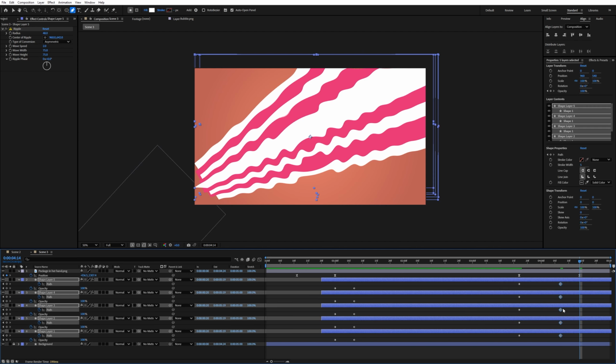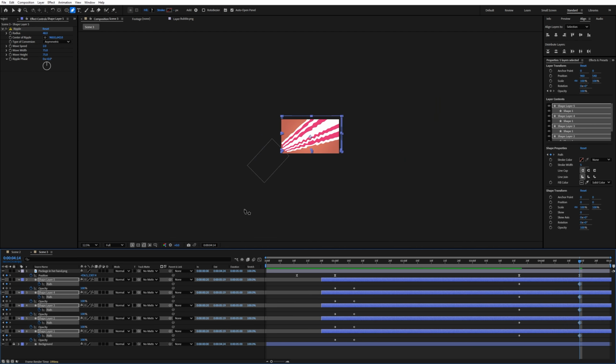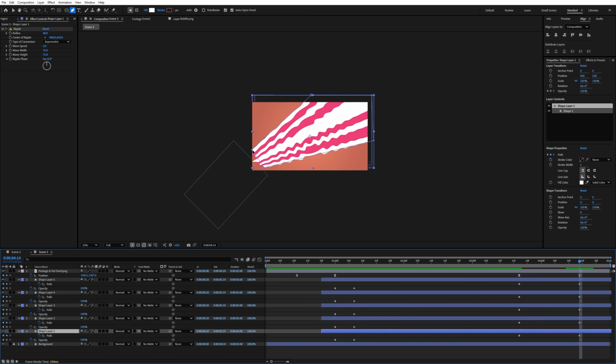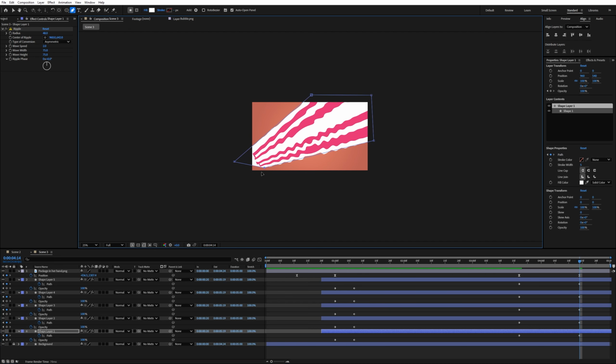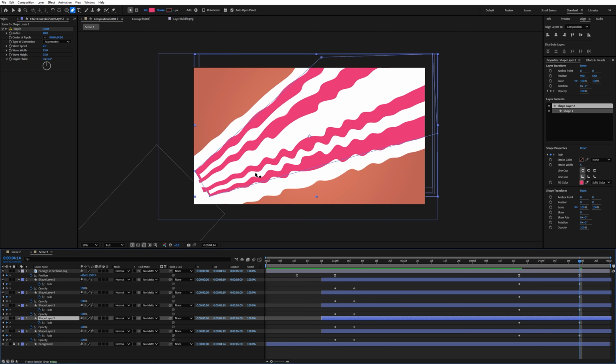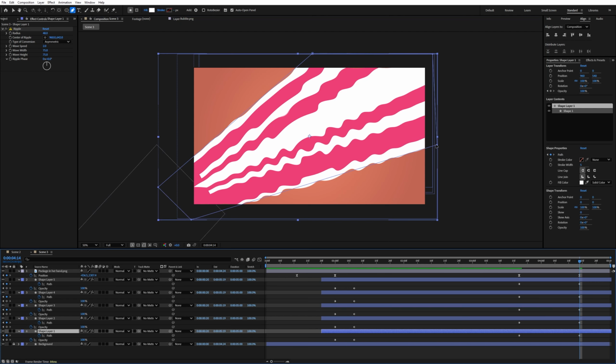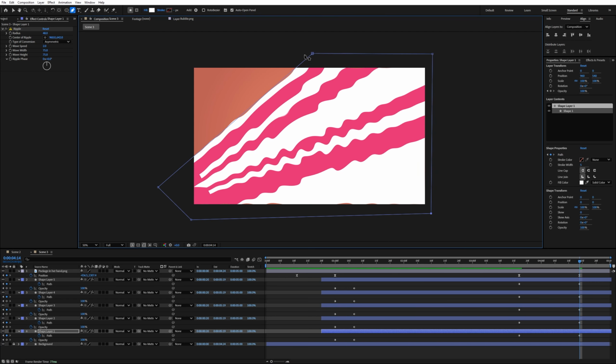Select all of these keyframes and align it with the packaging keyframes, something like this. Select the last shape layer and use the pen tool and move the path like this. And again guys, select the fifth layer and move the path something like this. Again select this sixth layer and move this one as well and this path as well, and select again fifth